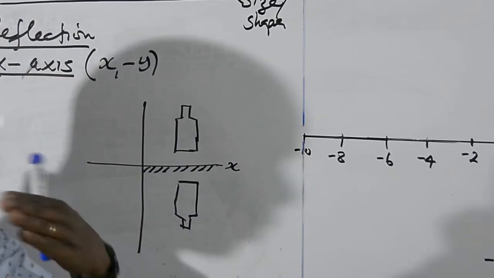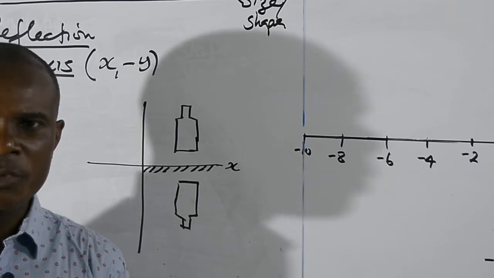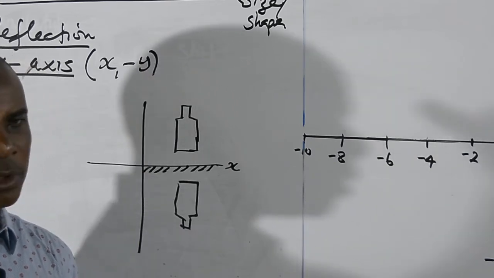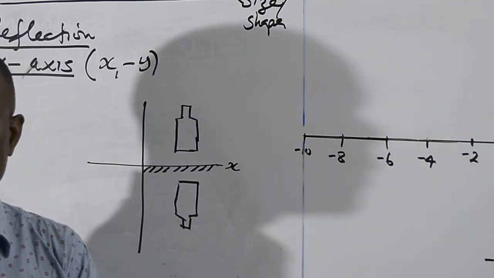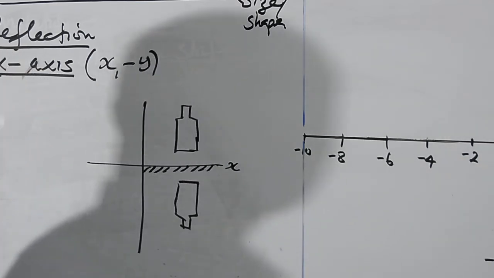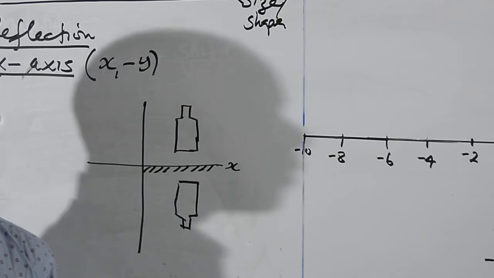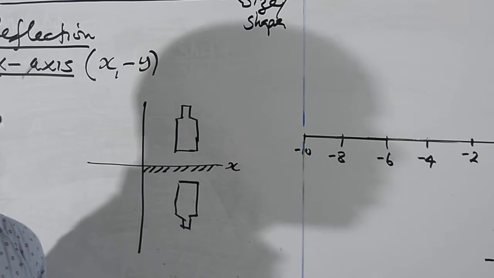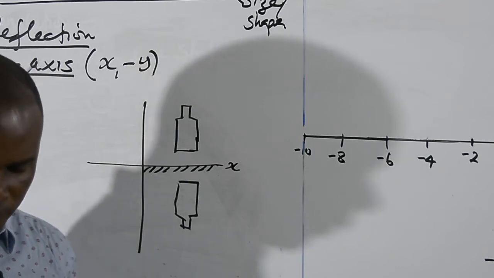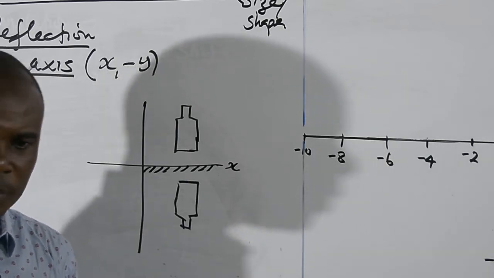This is like standing on top of a pool of water, or a bucket of water. You will see that the image of you inside the water is going to be upside down. If you did some physics, you know how images are formed when you stand on top of a pool of water or a bucket of water, or you put a mirror on the floor. When you put the mirror on the floor and you look at yourself inside the mirror, you find out that you're going to be inverted.